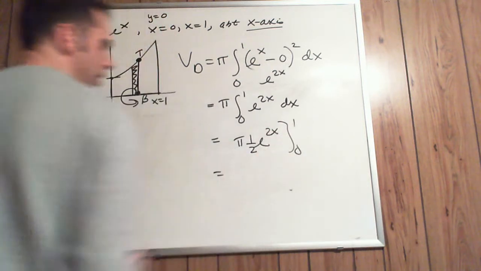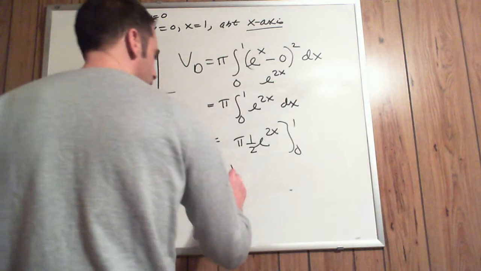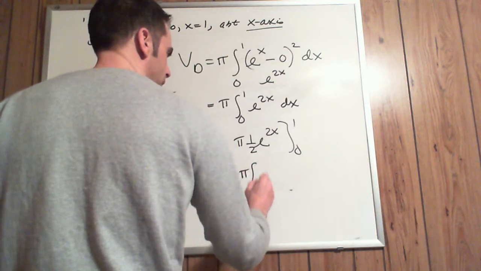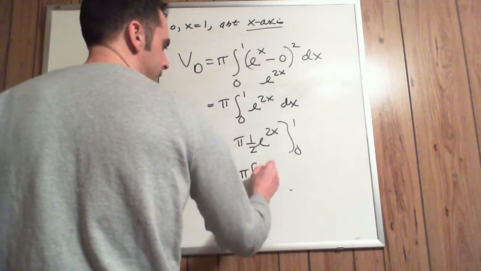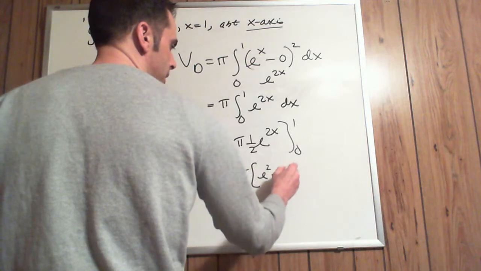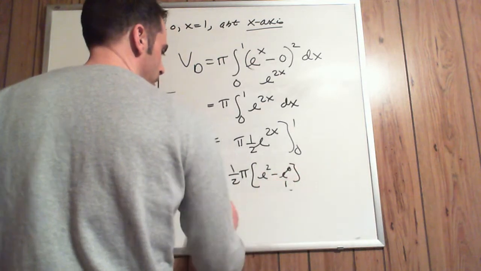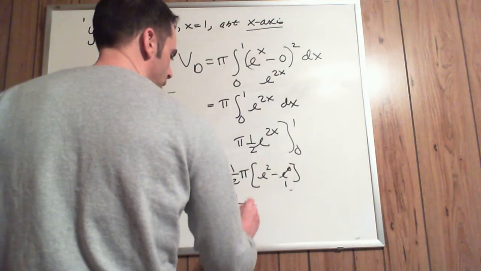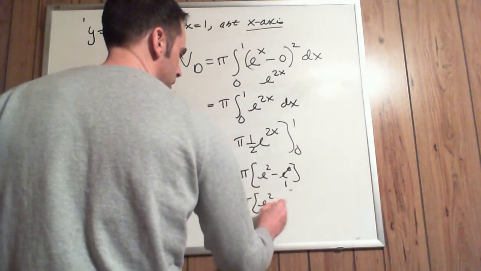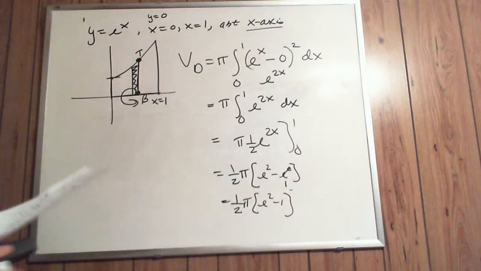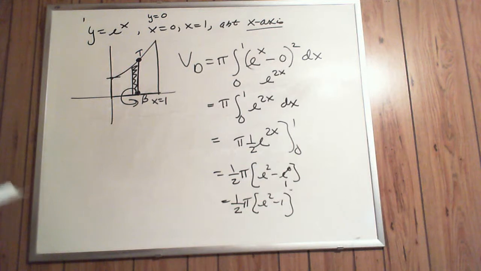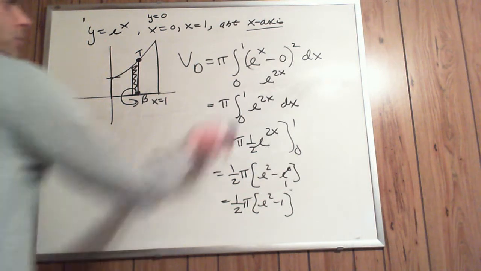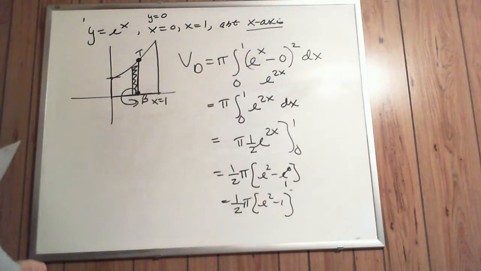So be careful there with that 0 exponent. I'll bring out the 1/2 pi in front. So it's going to be e squared minus e to the 0, which is 1. So then that volume would be 1/2 pi times e squared minus 1, because e to the 0 is 1. Okay, so again, just a little different with the function, the integrand being e to the x, but it's volume